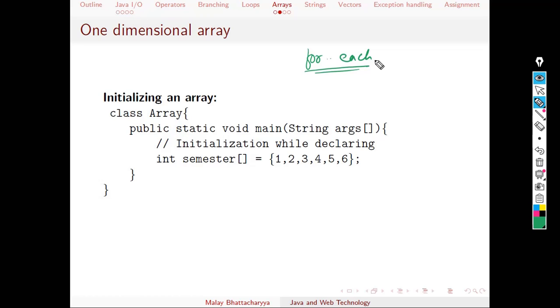So the syntax is something like this: for, say, int I